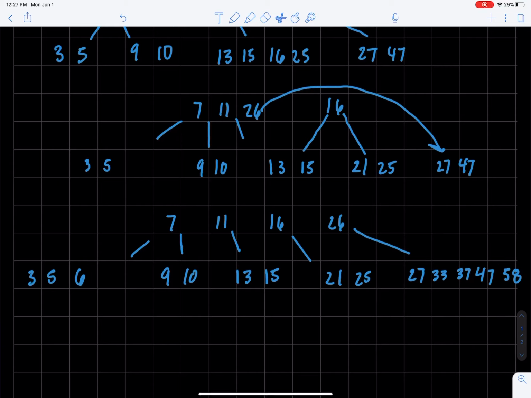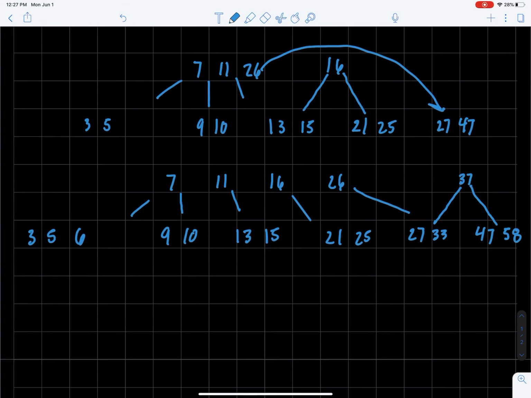So the way we balance is we take the center node, which is going to be our 37. We're going to move it up. And then, of course, everything to the right of 37 is going to be greater, and everything to the left is going to be smaller. And I did that backwards, but